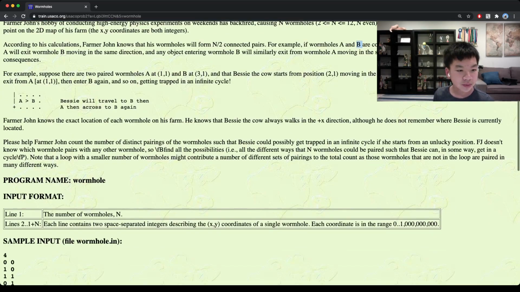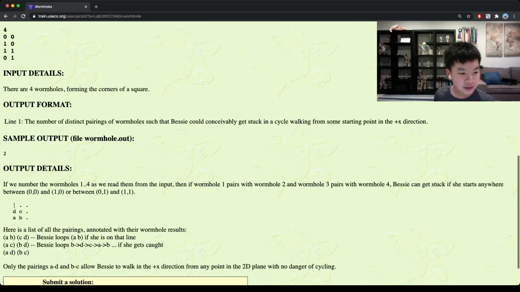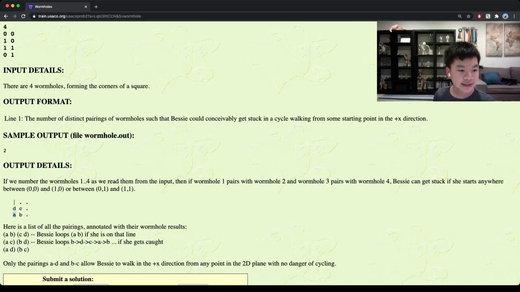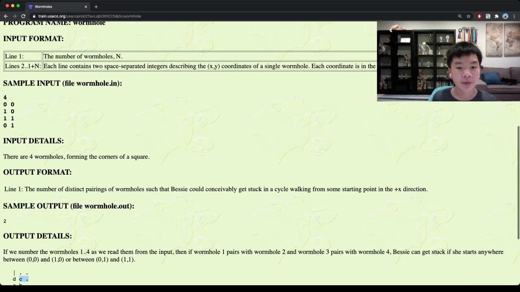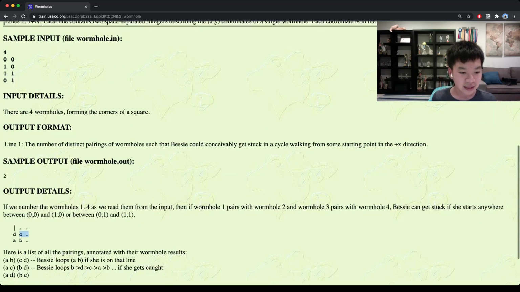An example is, let's say we pair A and C. When something goes into A, it exits through C, so you just skip over here. It's kind of like a teleporter where you exit through your teleporter. Then when we pair them, we're supposed to find the number of pairings such that